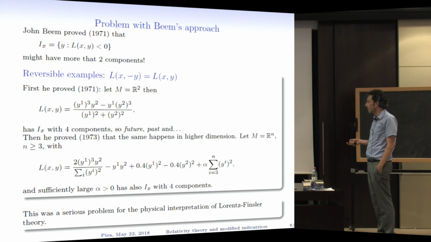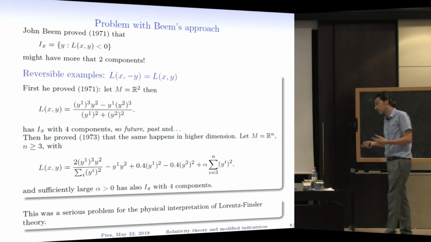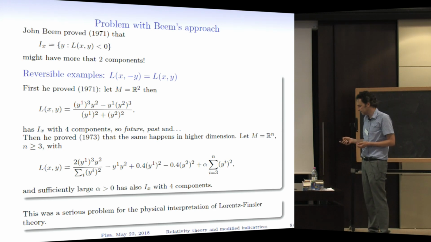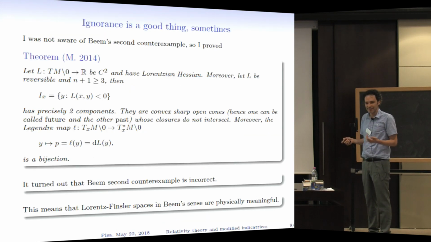And then he gave this example in dimension 3 that the same happens in higher dimension, where alpha is a sufficiently large constant. It has 4 components. This was a serious problem for the rigorous interpretation of Lorentz-Finsler theory, right? But fortunately, I was not aware of these counterexamples